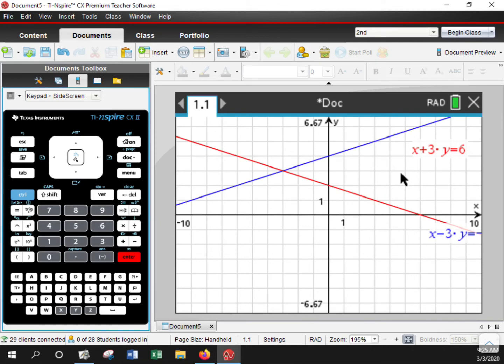Oh, generally, sometimes if you do it that way, it'll keep the intersection point, but maybe because it's in a different zone, it doesn't work,